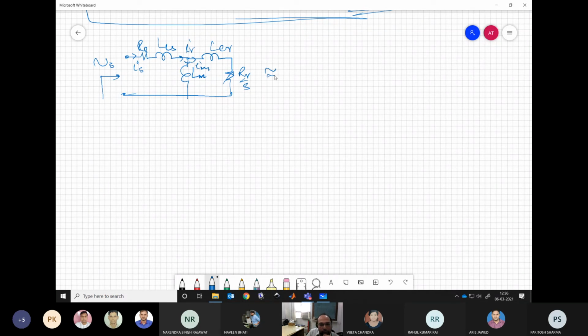And this we have approximated for another circuit where we are bringing our magnetizing inductance in the front, and then we have all other impedances after that. So this is approximate, so we can use it whenever we have a good amount of slip value. So now this is Vs given over here, Is, Im, and this is some current, let us say I1. I will not call it IR because it is approximate.